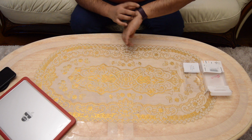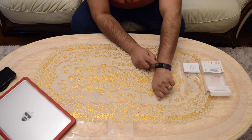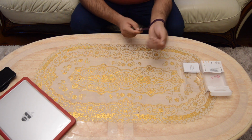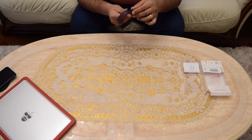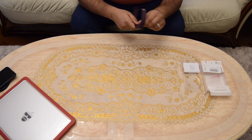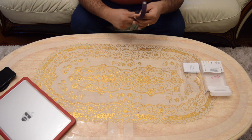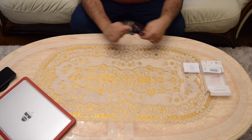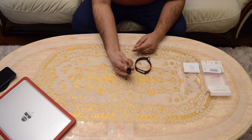So how to activate it? So it says hold. I'm not sure actually if it works. Let's take this off and have a look. Right, it does say at the bottom open. See, it's USB, so I guess we